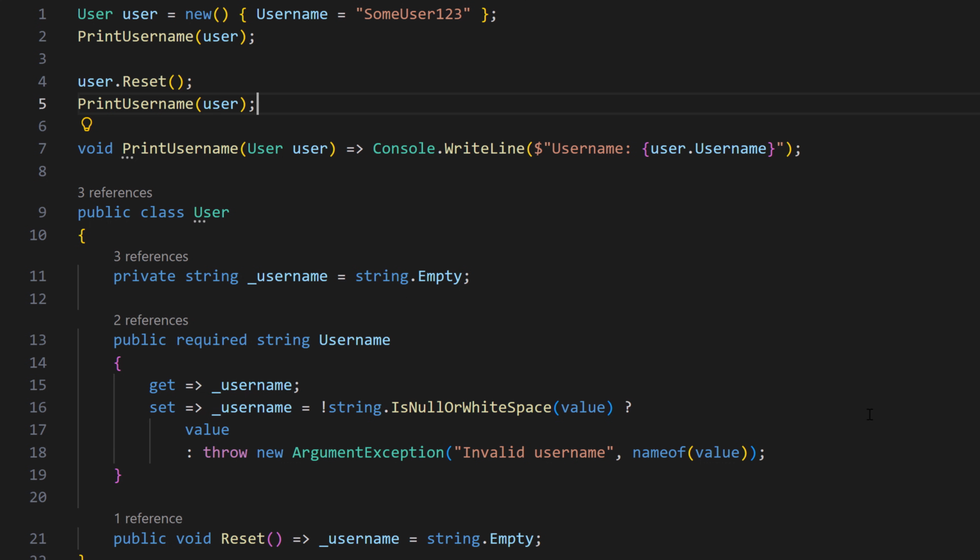Now that you've seen the problem, let's introduce field-backed properties from the C# 14 .NET 10 release and see how